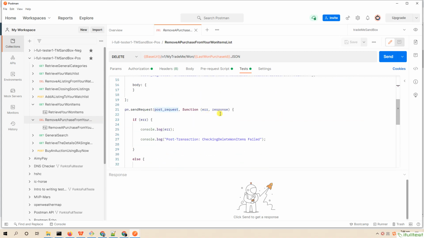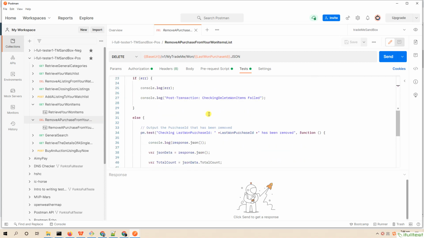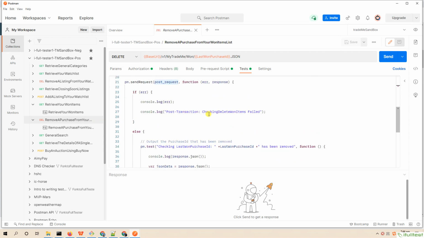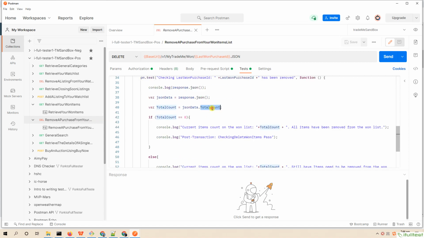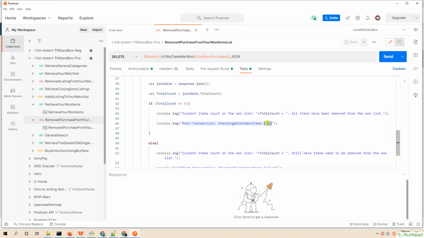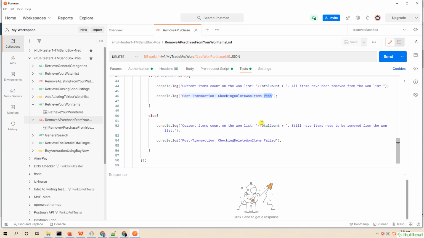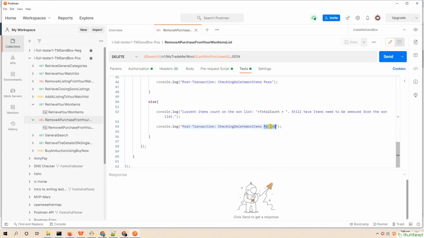Second, check the response field total count. If it equals 0, mark transaction status as pass. Otherwise, mark it as failed.